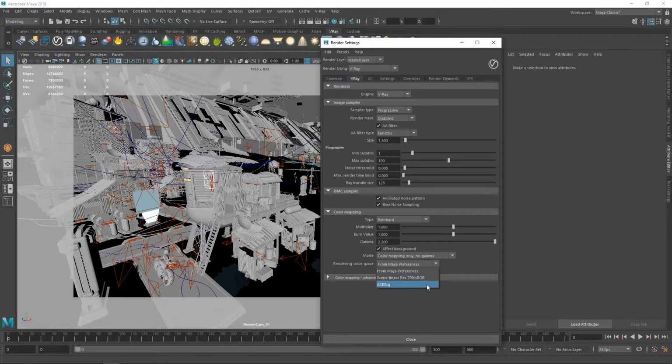You'll see here that V-Ray 5 now comes with a native implementation of the ACEScg color space, which is the Academy color encoding system, developed by the Academy of Motion Picture Arts and Sciences. ACEScg works with a lot more color information than sRGB, and has become the industry standard of the ACES encoding